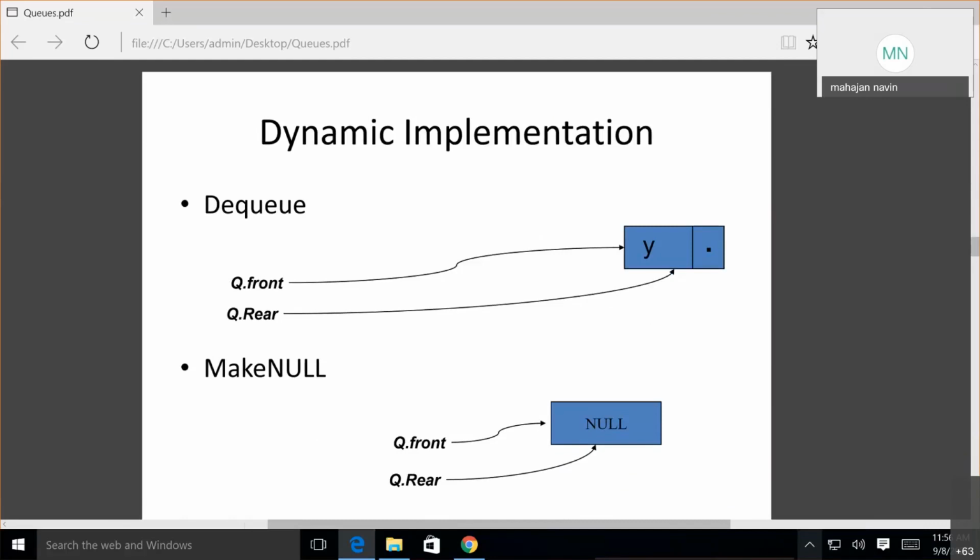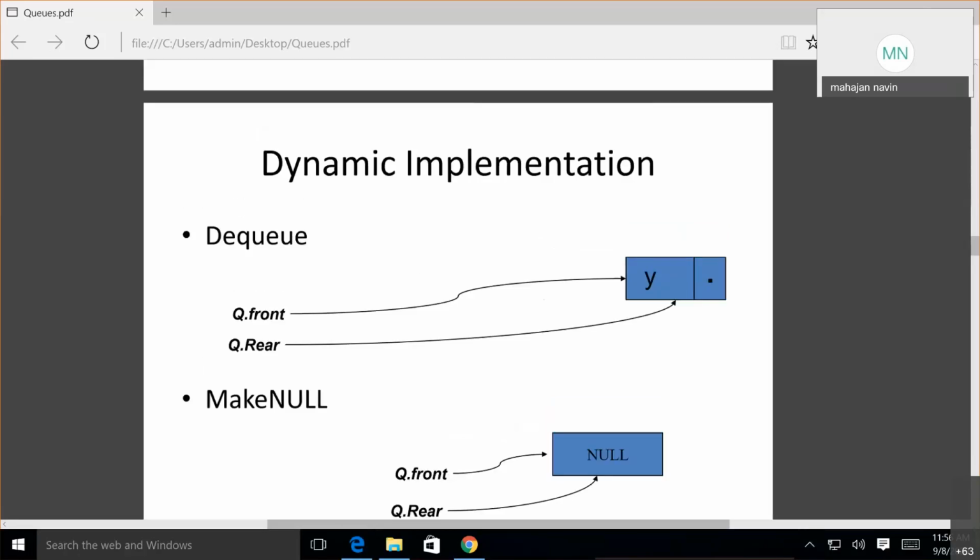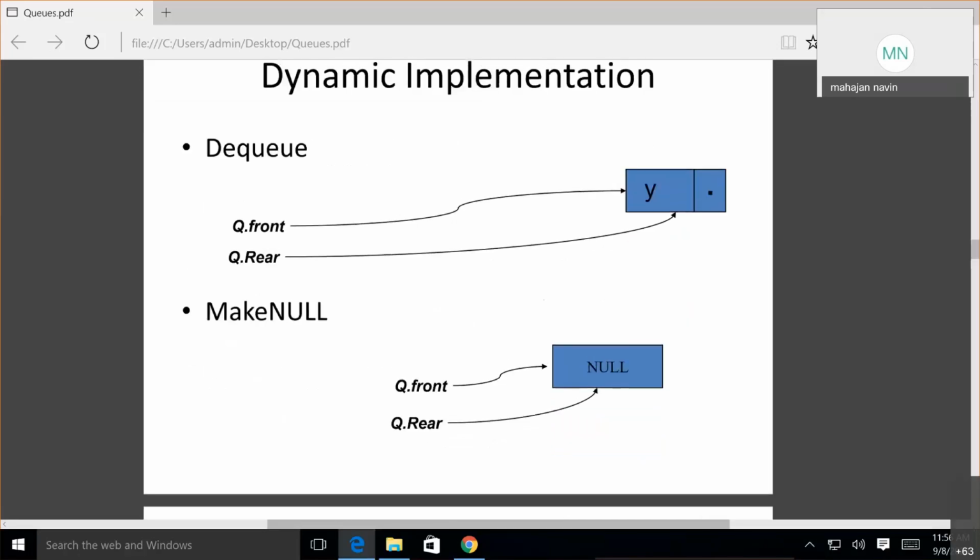Make null: suppose I have 10 elements and you want to make it null, meaning you want to empty the queue. What you should do is just assign front and rear to null, and it will become empty. And in static, if you want to do this in an array, you make front and rear both -1. It will become null.